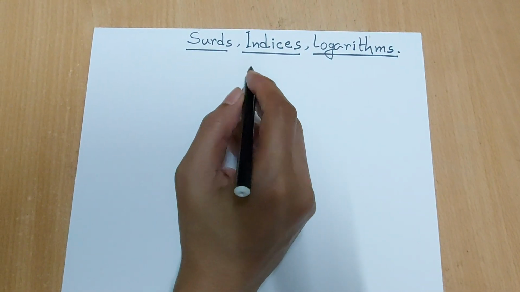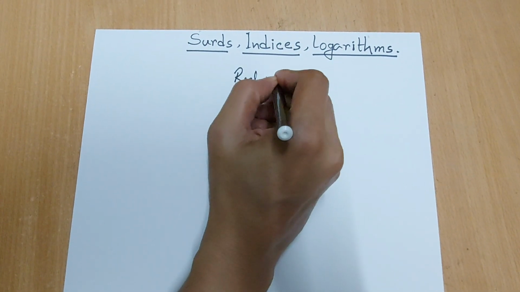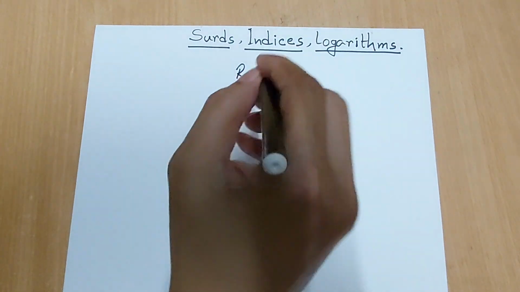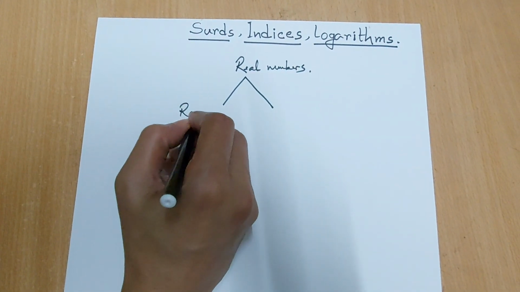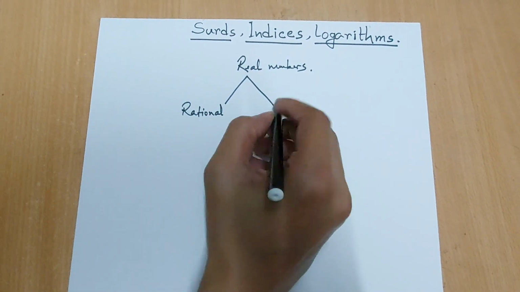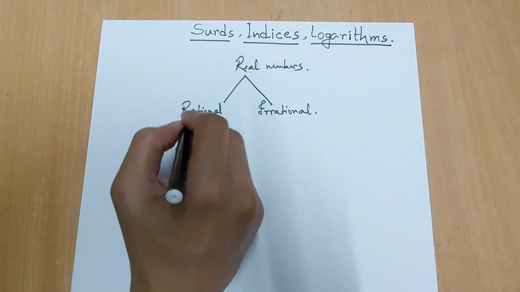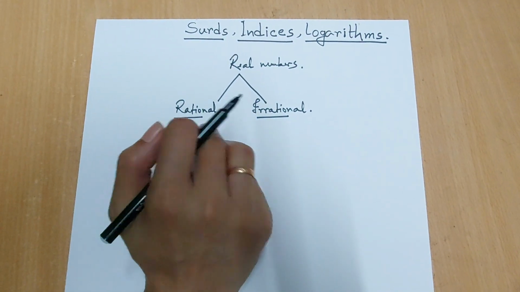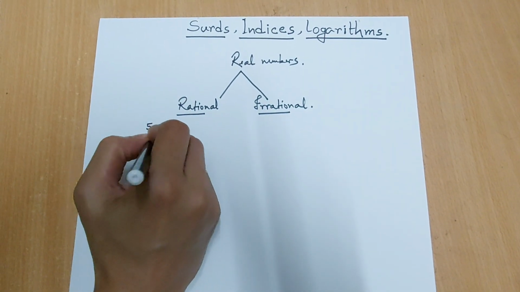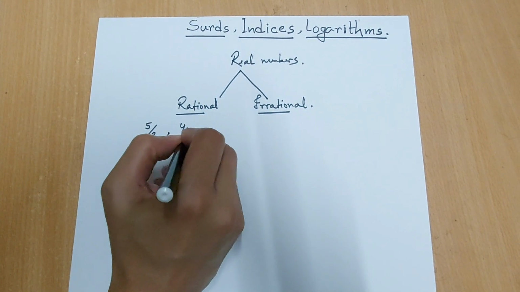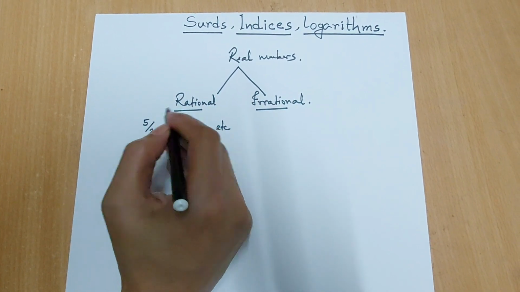Here I should mention the real numbers. Real numbers are classified into two types: rational and irrational. Rational numbers and irrational numbers. We have 5 by 2, 4 by 5, 2, etc. These are real numbers. These are rational numbers,